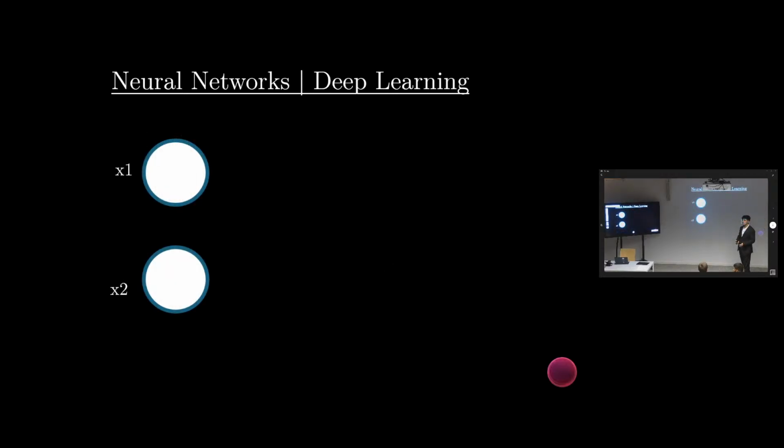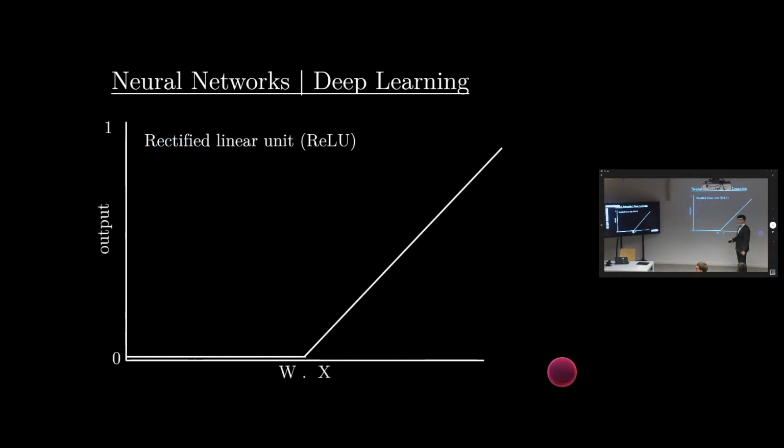Yes? I'm sorry to interrupt. Can you give us an example? Yeah, I'll move to it now. Just before that, how does the activation function relate to a certain input? If I take x1, x2. Sure. So for example, let's assume that the threshold is 5. I'm assuming this. So if the input was 3, then the output would be 0. If the input is more than 5, for example 7, then the output would be exactly 7. That's basically ReLU.